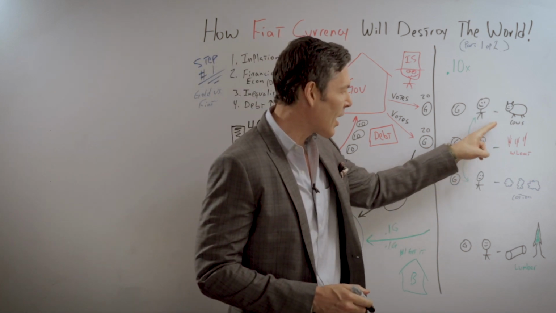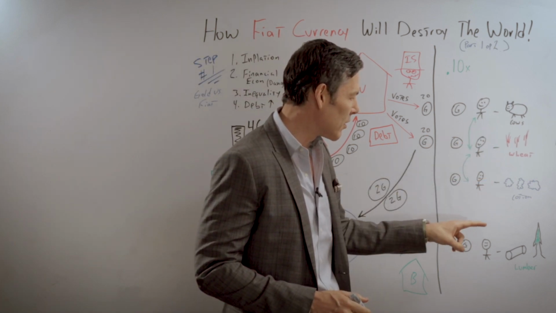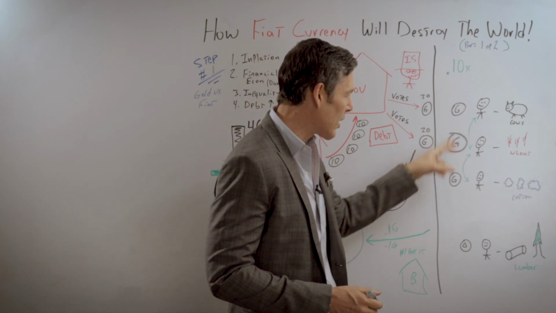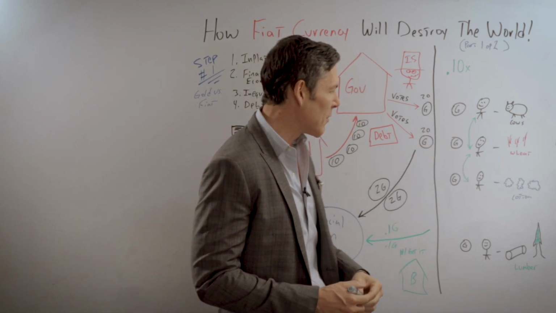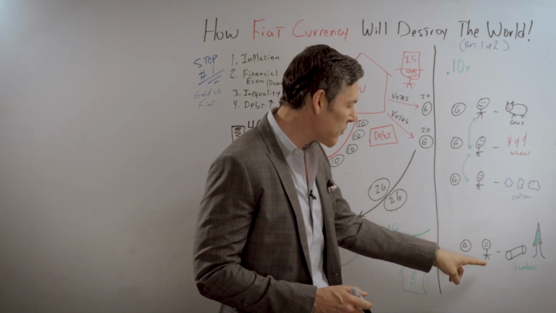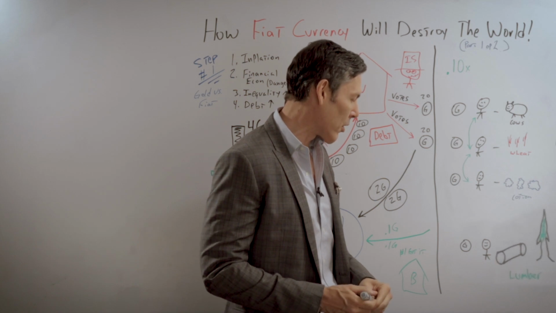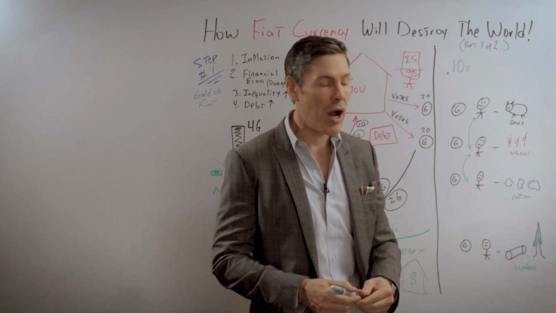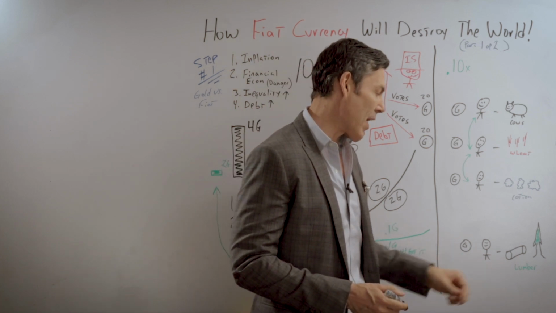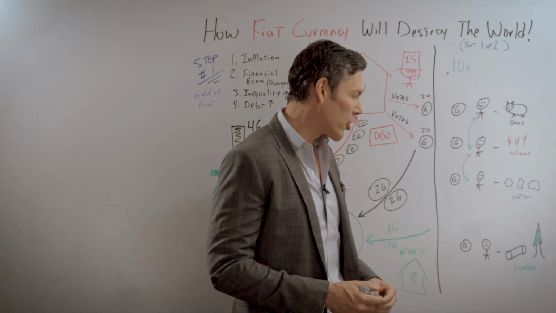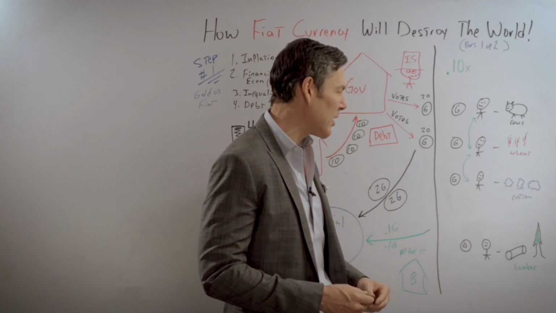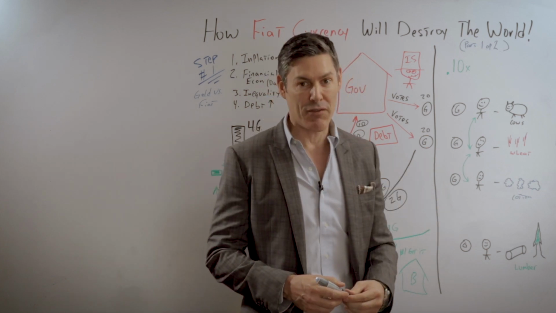This guy produces cows, this guy wheat, and this guy produces cotton. They each have a gold coin that they trade back and forth. Makes it a little easier than trading cotton for cows. But along comes another guy that produces lumber. And they say, wow, this is going to be really cumbersome. We really like the fact that we've got more goods and services, but since we only have one gold coin apiece, it's going to make it very difficult.